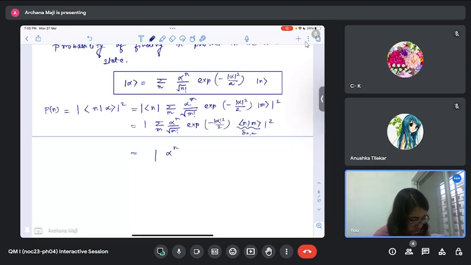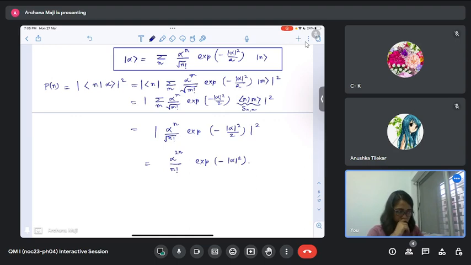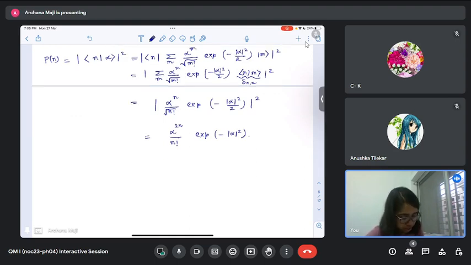Okay, let me know if this is not clear to you. Square root of n factorial, exponential of minus mod alpha square over 2. So if we square, we get alpha to the power 2n over n factorial, exponential of minus mod of alpha square. Okay, now what is the